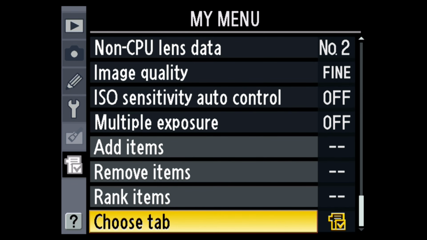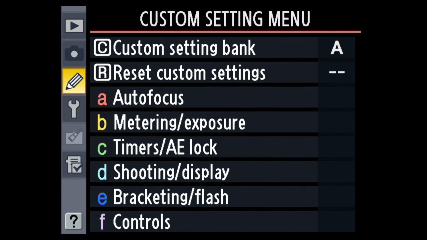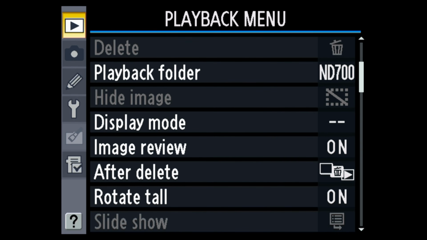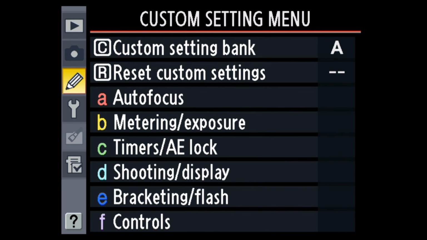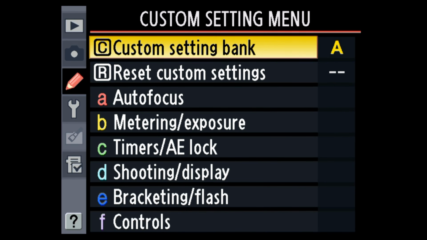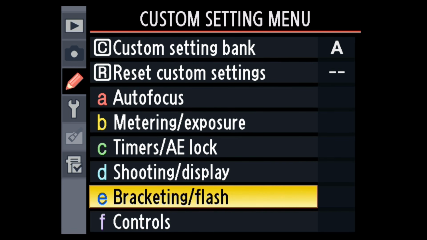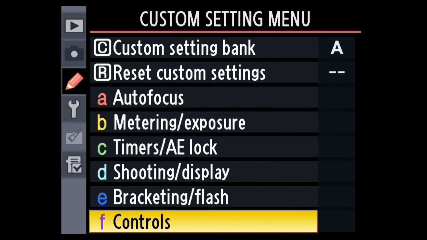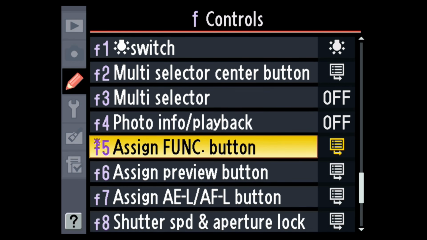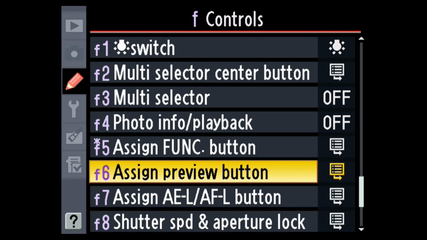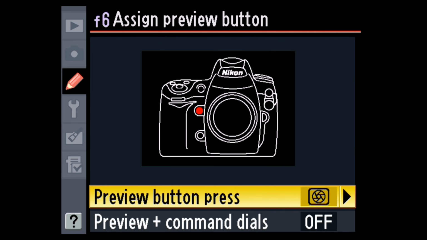The final thing I want to show you is if you're fed up with going into the menu system here and finding My Menu, there actually is a way so you can assign My Menu to a function button, and that happens in here in the custom settings menu, and you need to go down to the controls, item F here. And here, if we just take this one, you can assign it to many different buttons, but if you just take the preview button, you can see here the preview button is marked red,